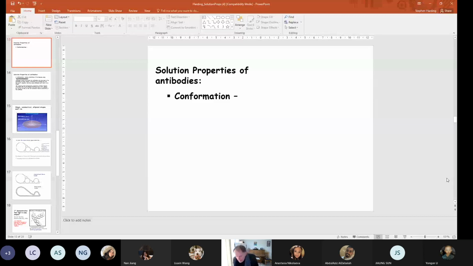The second thing is in checking on the conformation of the antibody molecule, and they're quite unusual molecules. They have these three main domains, an Fc and two Fab domains, linked together usually by a